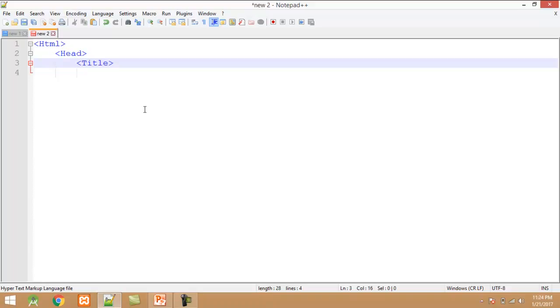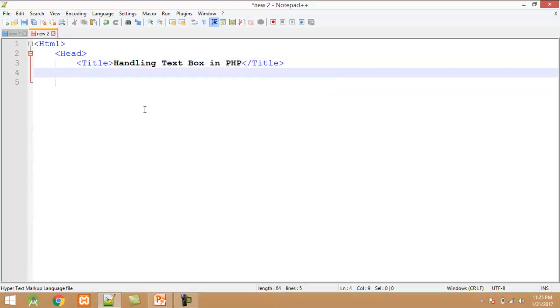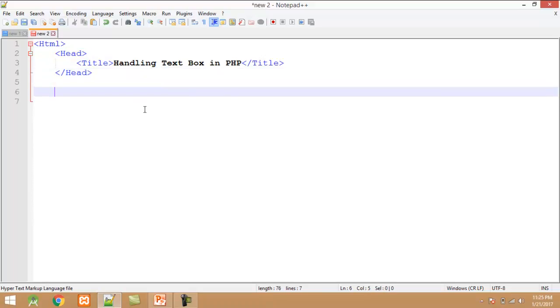Here I set the default title as handling text box in PHP. I close the title tag. After title tag I close the head tag. After head tag I start the body tag.